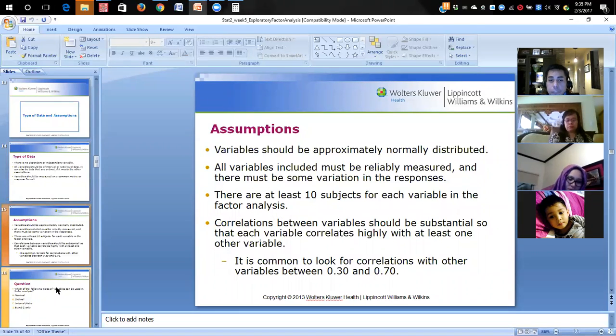These are the assumptions: that the variables should be approximately normally distributed. All variables must be reliably measured. At least 10 subjects for each variable. And so I've said to my case that in my research study on shared decision-making scale, that I had 22 items. So I have to have a minimum of 220. I calculated a 5% respondents may not complete the survey. And so that's roughly more than 10. And so if I will have 240 and I can throw away